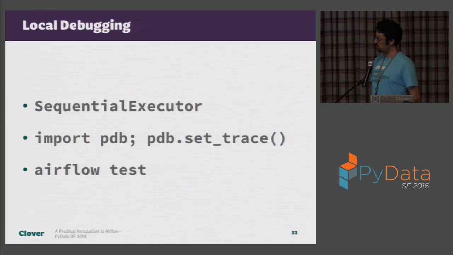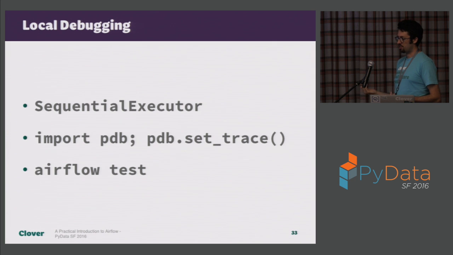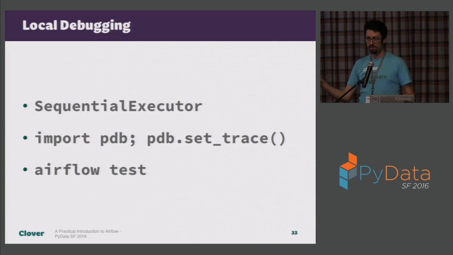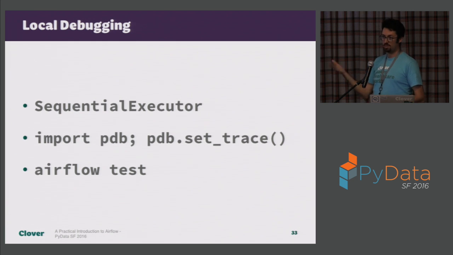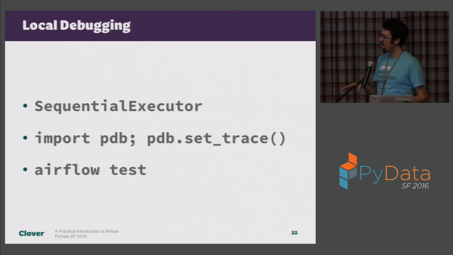This is a little tip for local debugging. With options like Celery or multiprocessing, when you want to set a breakpoint in your code, it's not going to work because the process that you use to start Python is not the same one in which the debugger gets invoked. So the sequential executor is a way around that. You use the sequential executor,